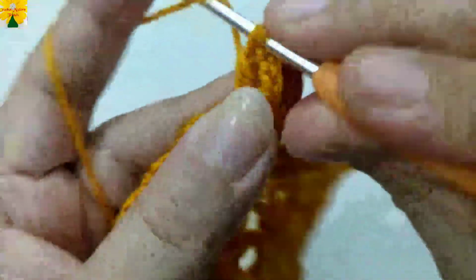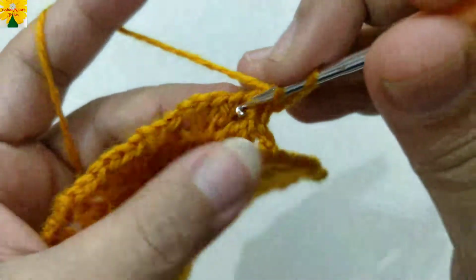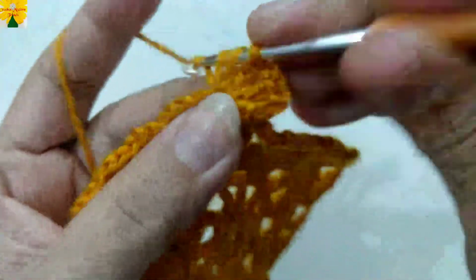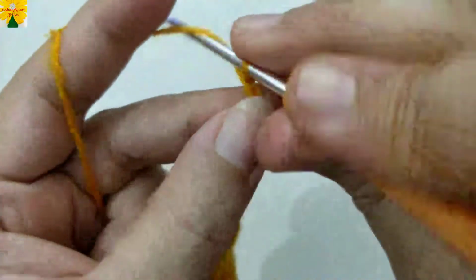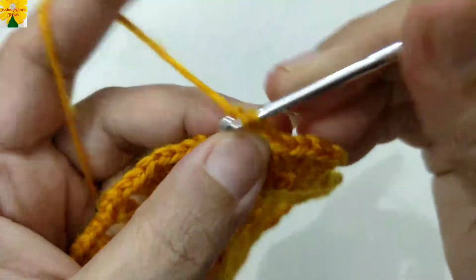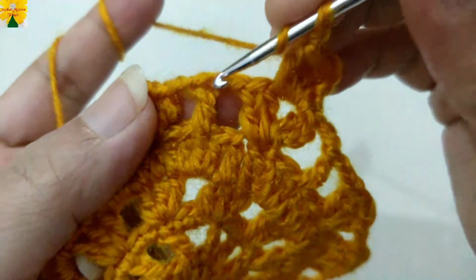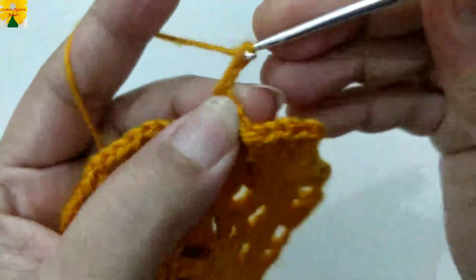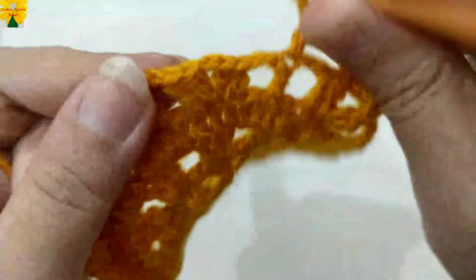Chain 3, which counts as a double crochet 2, chain 1 for chain space, into the same stitch, double crochet 1, double crochet 2, chain 2 for chain space. On the top of 1 double crochet, we have to make 1 double crochet, chain 2 for chain space, into